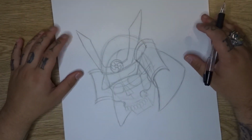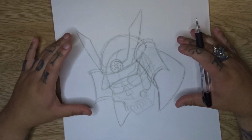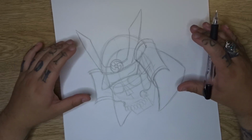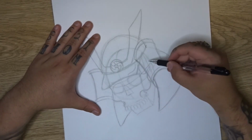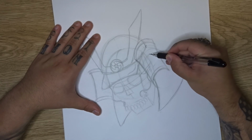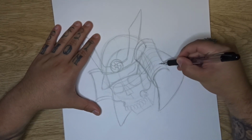Now, since this first video in the series is about laying down framework, laying down a foundation so we know where to go with our next part, we're going to do a little bit of contour lines just to show you what direction these things should be flowing in. So these little cylinders on the outside are flowing in this direction. So your contour lines can go along the outside of the cylinder, just following the shape